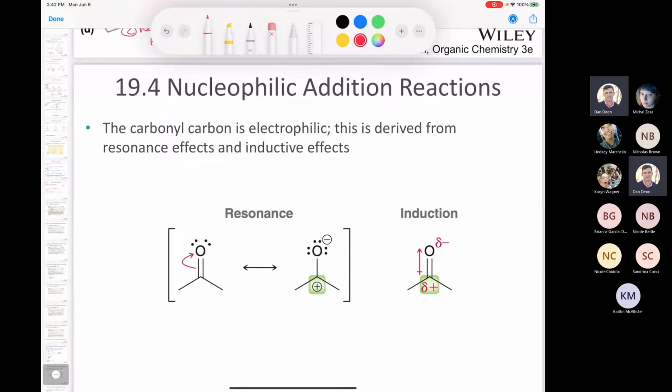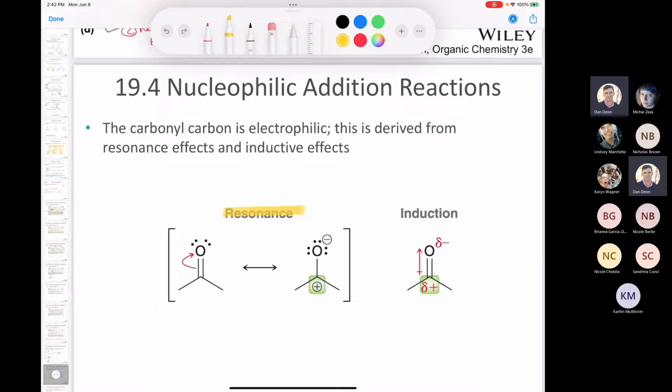All right, let's take a look at section 19.4, which deals with nucleophilic addition reactions. Why does a carbonyl of aldehydes and ketones make such a good electrophile? Well, there are two reasons. One is based off of resonance, and the other is based off of induction. If we take a look at resonance, you can see that we have two contributors to